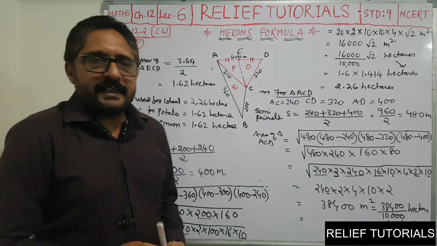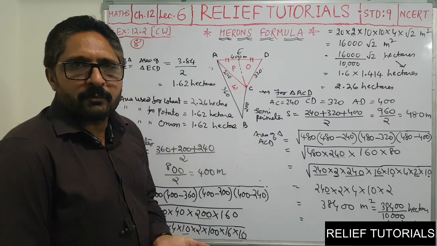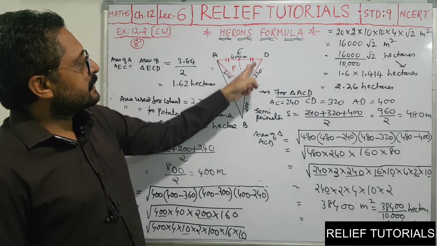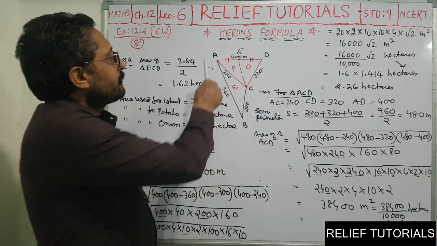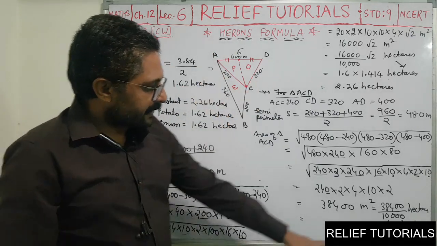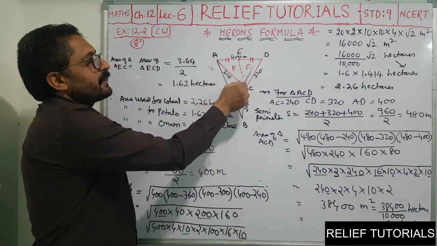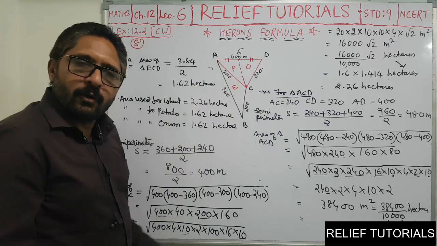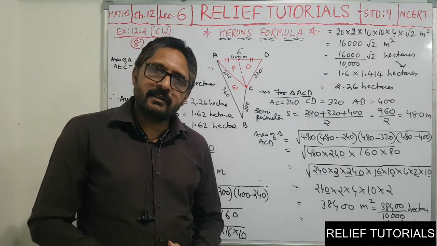So moral of the story is, you want to find area of two triangles by using Heron's formula. And after that, see here, ACD is divided into two parts by drawing this median CE. So whatever the area of triangle ACD is obtained, that is 3.84 hectare, will be divided by 2. So you will get area of each triangle. So area used for potato and area used for onion. Quite simple. So with this, we are going to complete today's session. Best of luck.